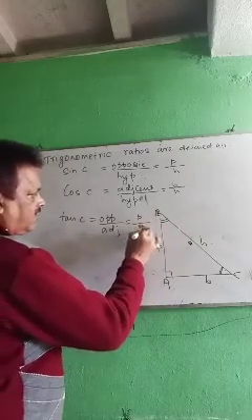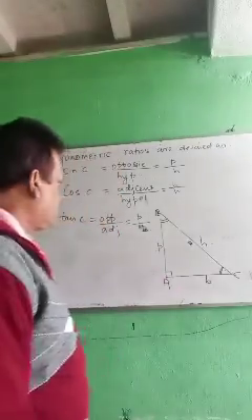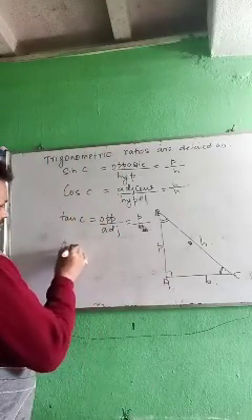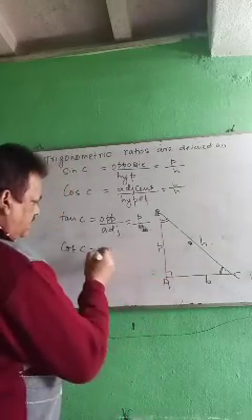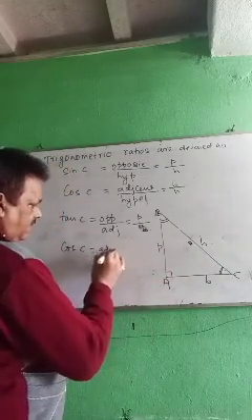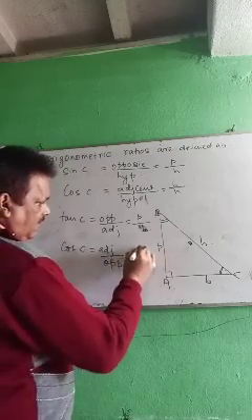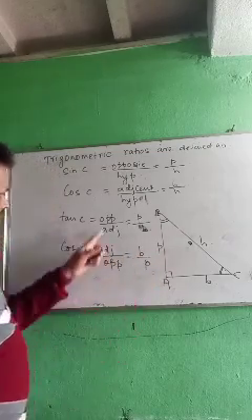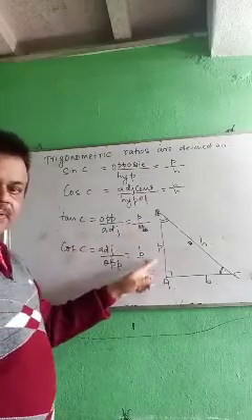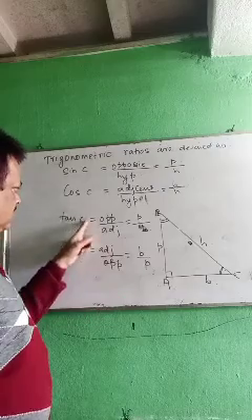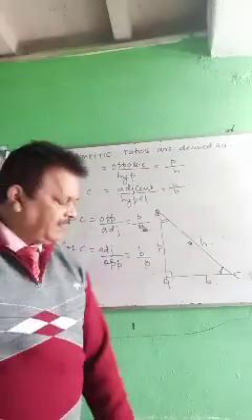This symbol also you have to remember. Long run we will be using these symbols. Okay. Cot C. Cot C is B by P. That means adjacent by opposite. That is B by P. Look at here. These two are reciprocal. This is P by B. This is B by P. So whenever tan C is given, you can find directly cot C, that is by the reciprocal.